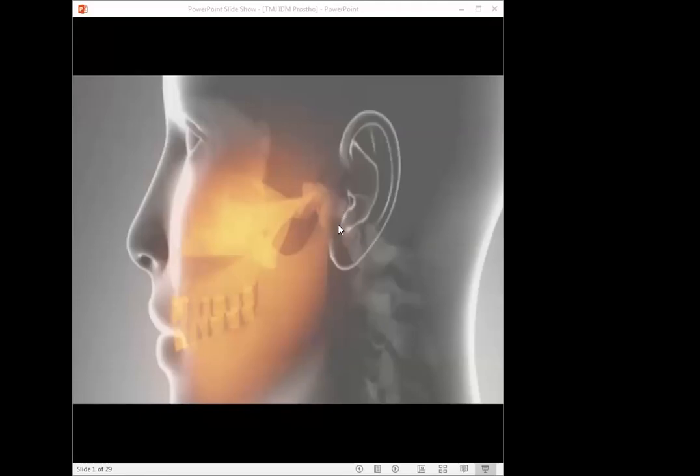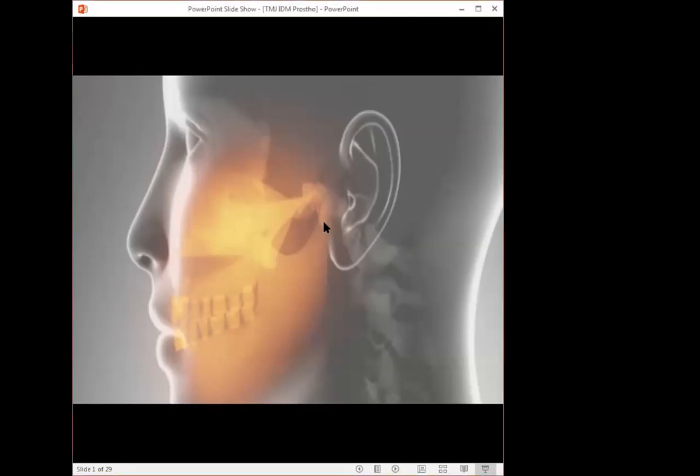Okay, so we'll be just revising the last 2 week topics. Today I'll be showing you something more about mandibular movements. Along with that, we'll revise what we took in the last two classes, that is about the anatomy and histology of TMJ and the various movements that are possible with the mandible.